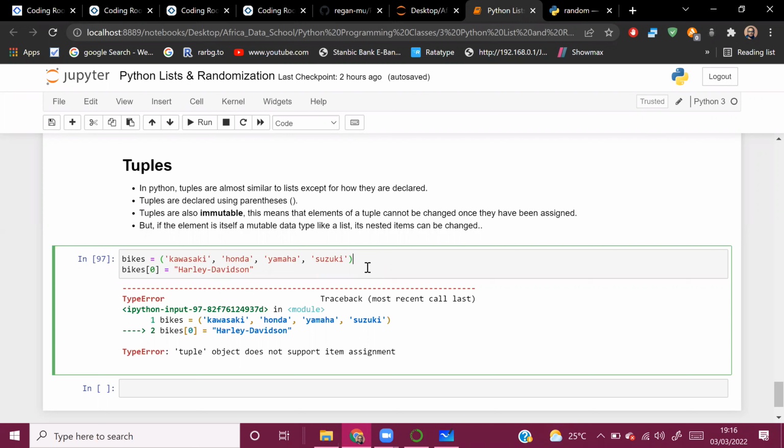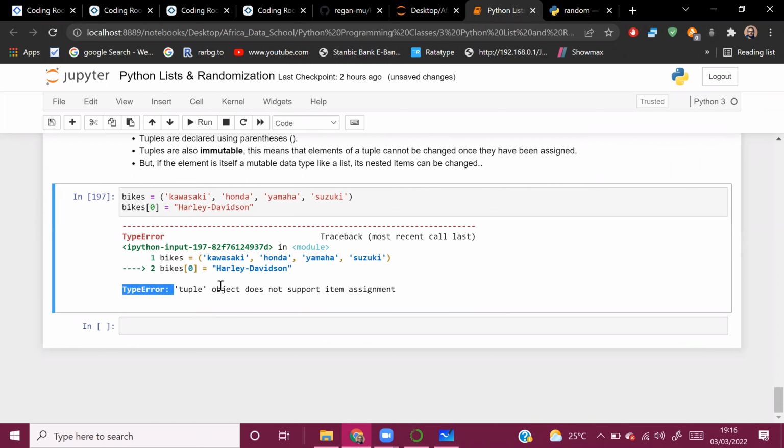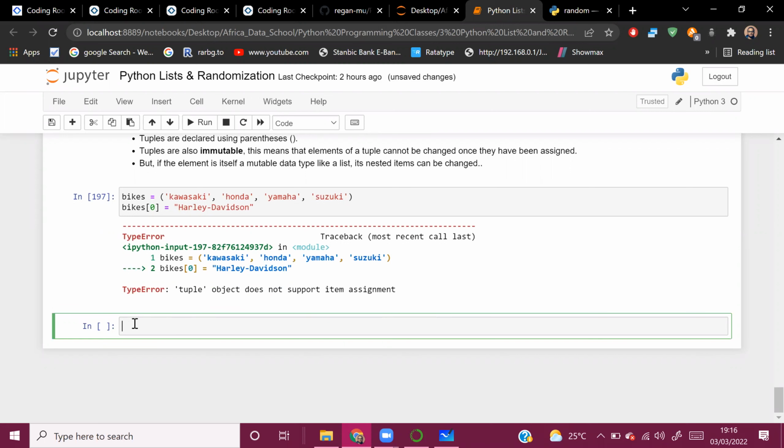Okay, and you can try to change a tuple here, and you're going to get an error, which is a type error. So you have this tuple called bikes. We have the Kawasaki, Honda, Yamaha, and Suzuki. So let's try and add the Harley Davidson to that tuple of bikes at index 0. By the way, you can do this even with lists. This will replace the value at that index. So if we do this, we're going to run into this type error: tuple object does not support item assignment. But if you are to do this with cars,